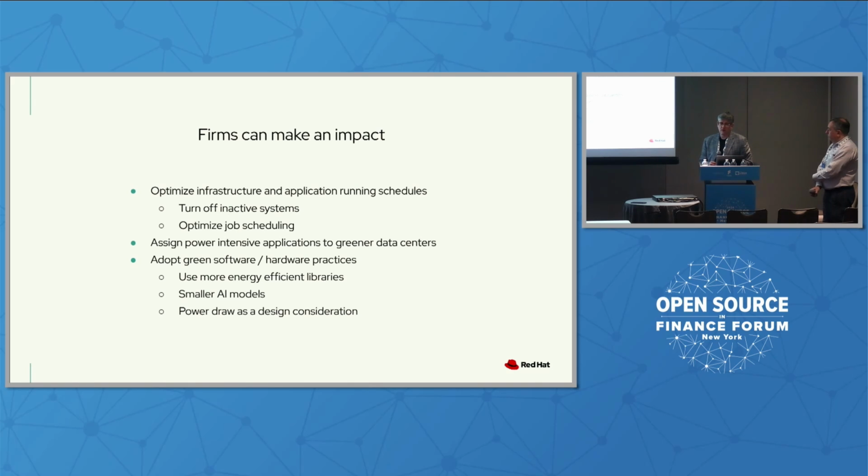Now, what do I do with this information? As Aric talked about earlier, firms need to make decisions. If you're, for example, a drilling company, then it's very clear what you need to do with your power consumption: you need to reduce it, and it's material. If you're a financial firm, it's more about how your data center works and what impact you make on your data center. So firms can make an impact there by thinking about the way they optimize their infrastructure.